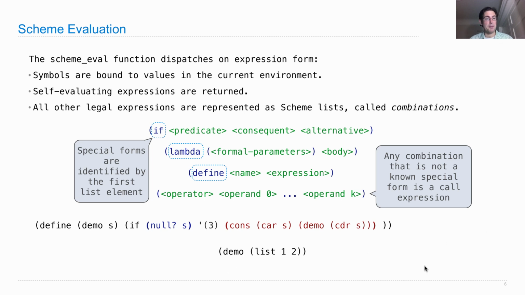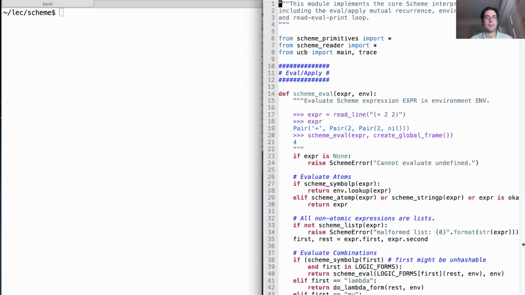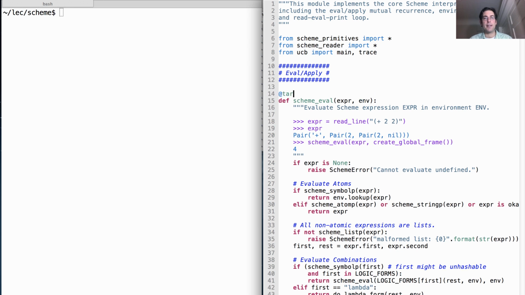So, it says we're supposed to do a demo. Let's do a demo. What you see on the right is your project 4 main file called scheme.py. And what does it do? Well, it has eval and apply functions, and scheme eval evaluates a Scheme expression, which could be one of a number of types. We could have just a number, or we could have a combination. So let's see what happens when we trace this,